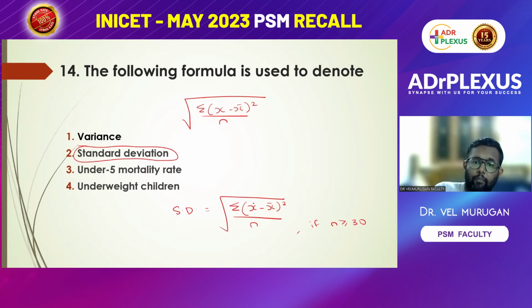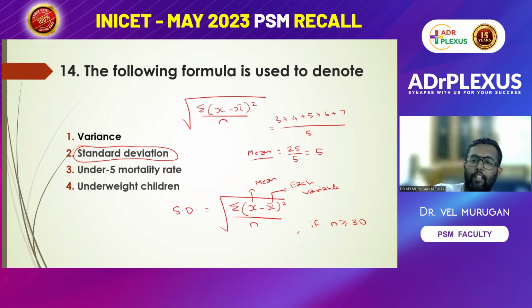This stands for mean, and this stands for each variable. Suppose in the question they are giving 5 variables. The weights of the 5 variables are 3 kg, 4 kg, 5 kg, 6 kg, and 7 kg. You have to find the mean. The sum is 25, divided by 5, so the mean is 5.